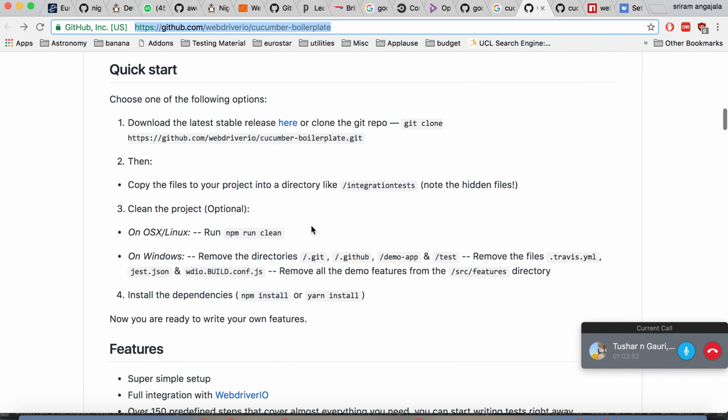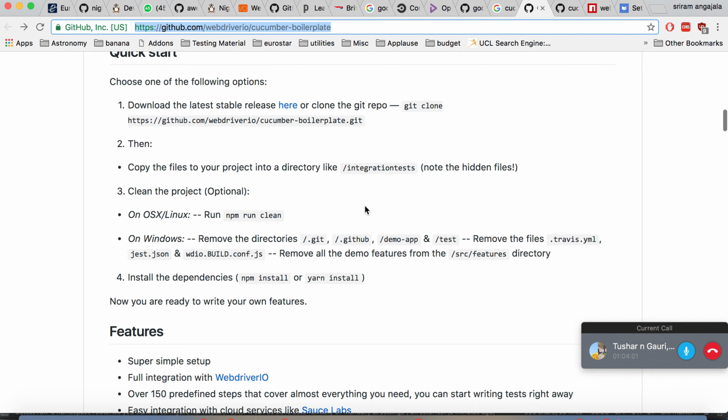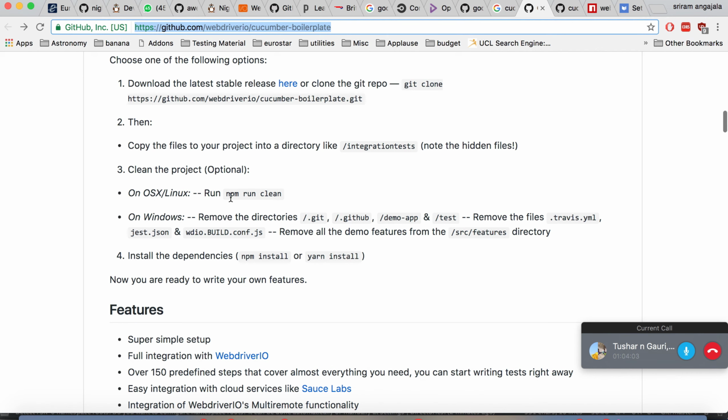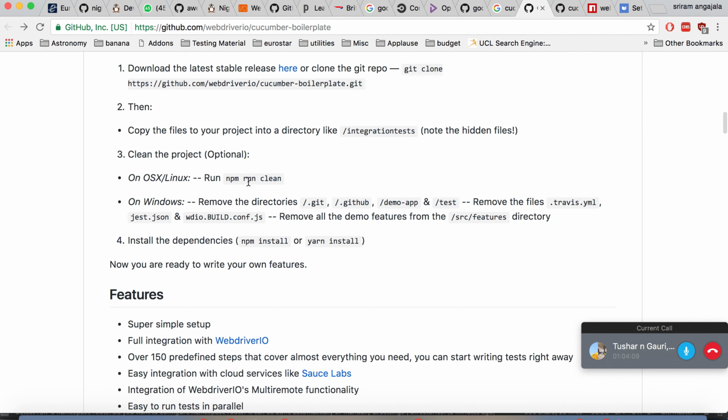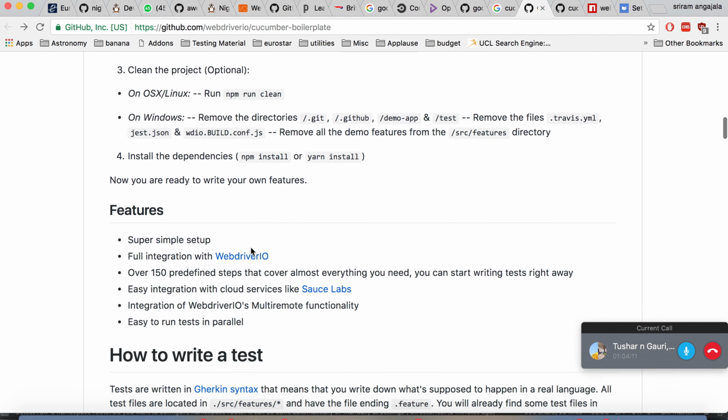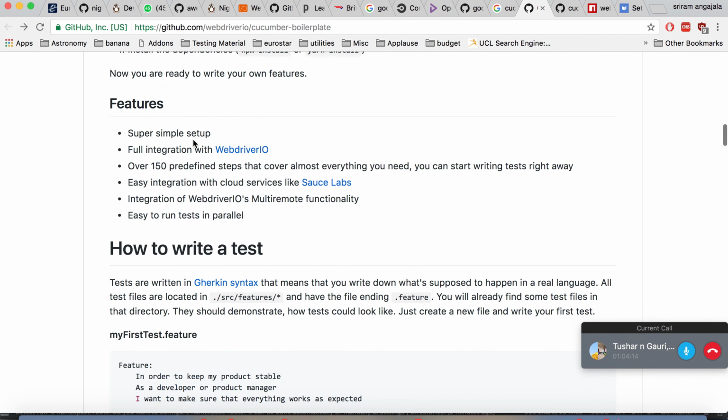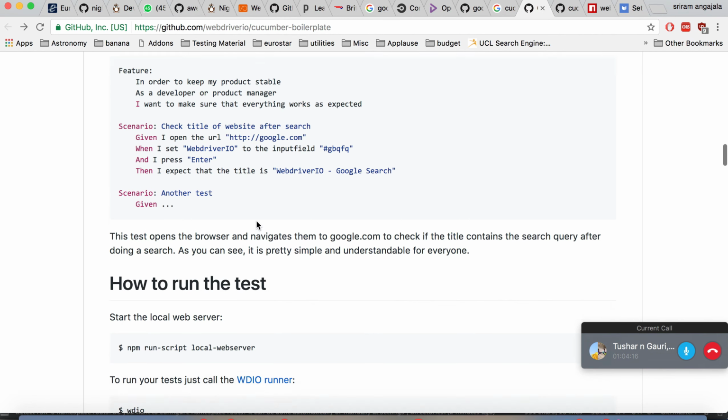So I think that's what he said. Then copy the files to a project into a directory like integration tests. Then npm run clean and npm install. On Windows this. Run clean, npm install. That's fine. So mainly, once that is installed,